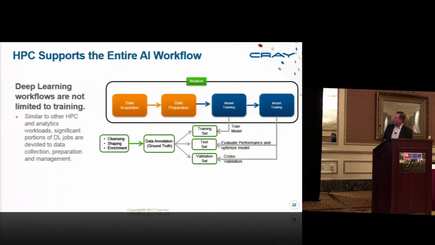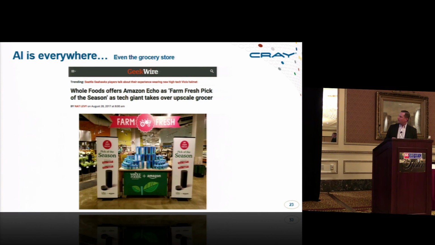So again, we've driven this point home, but artificial intelligence is a workflow, and we think HPC can really support a number of steps in that process. We're starting to see big data analytics applications running on HPC systems, as well as deep learning toolkits. Through containerization, we see the ability to leverage similar types of systems to perform different functions, and to quickly and easily reconfigure and reprovision those systems for those workloads.